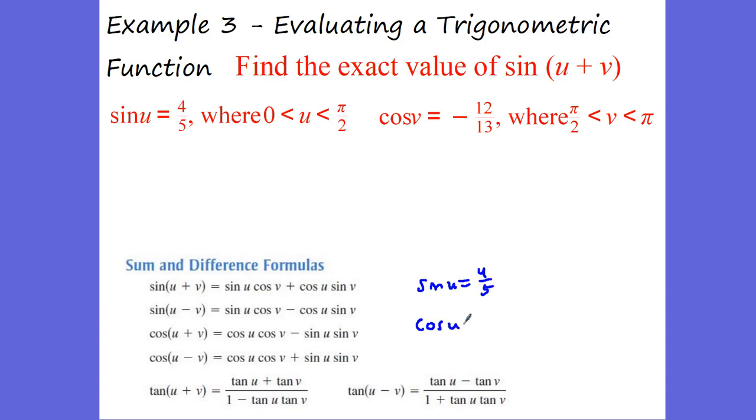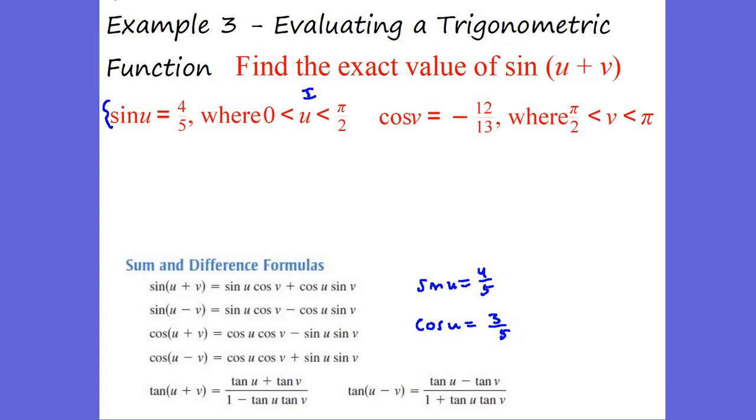Which means what is cosine of u equal to? Well, cosine of u, keep in mind we have a 3, 4, 5 triangle. So cosine would be 3 over 5. But keep in mind, this is in the first quadrant. It says from 0 to pi over 2. So that means everything's going to be positive right there. Okay, so I use this first sine of u to get what sine of u and what cosine of u